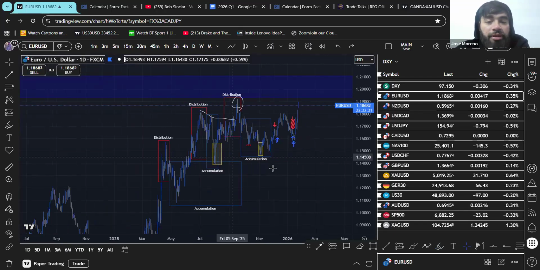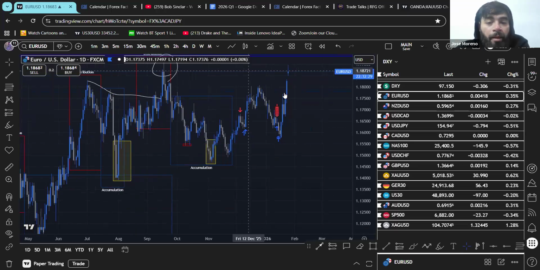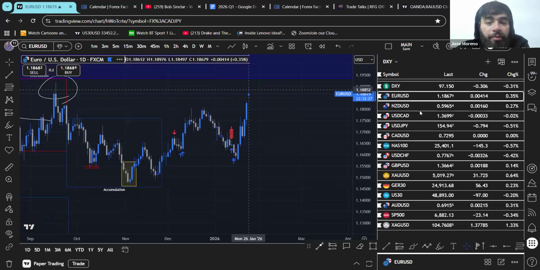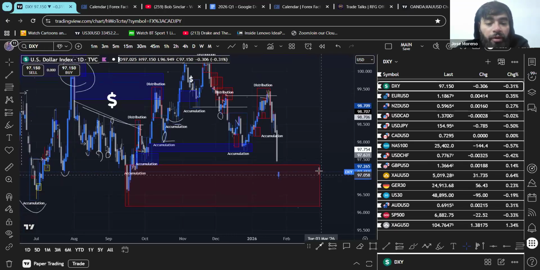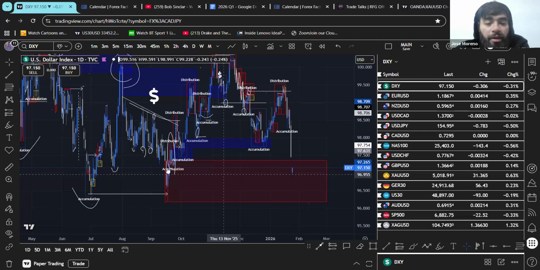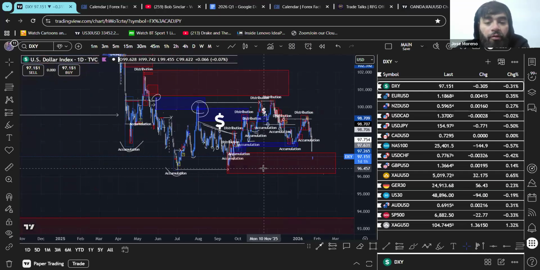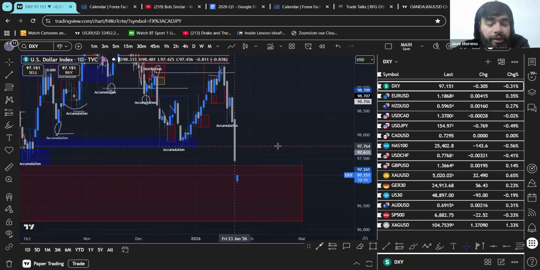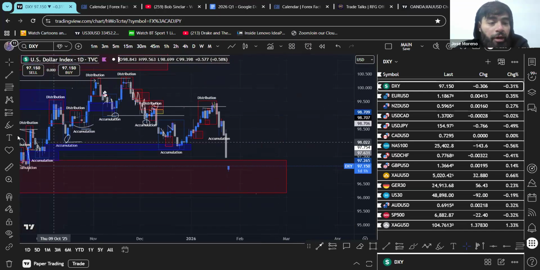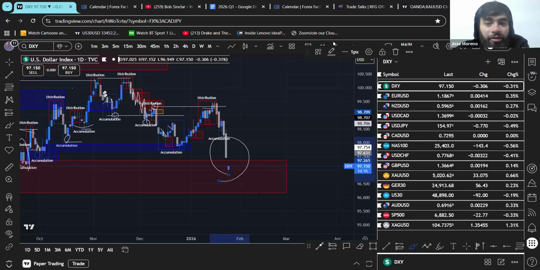So yeah, could we potentially sell off? Of course. If this whole thing ends up just being a manipulation, like what we were talking about with dollar, if this whole push down just takes internal liquidity and then buys up, then maybe that's what ends up happening. But for right now, it doesn't really make sense to look for that. We would want proper institutional candles down here, which we don't have.